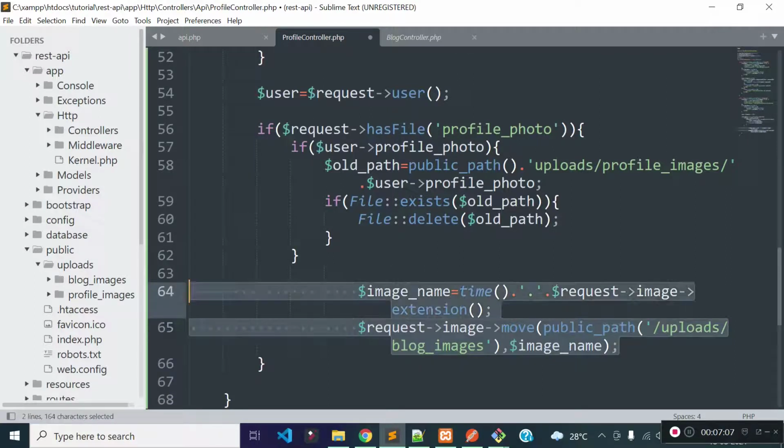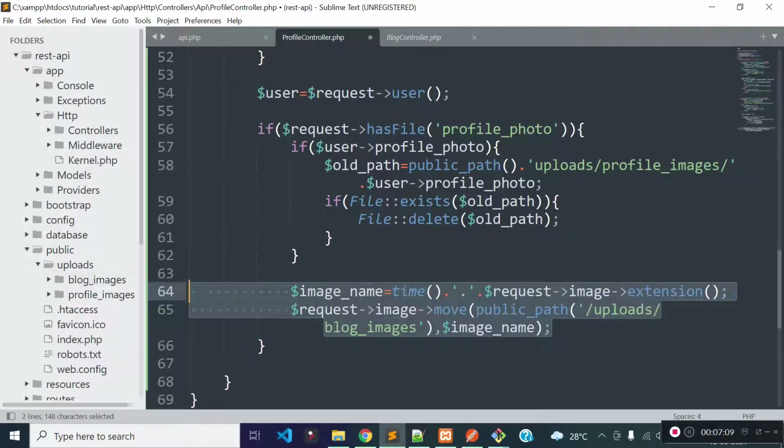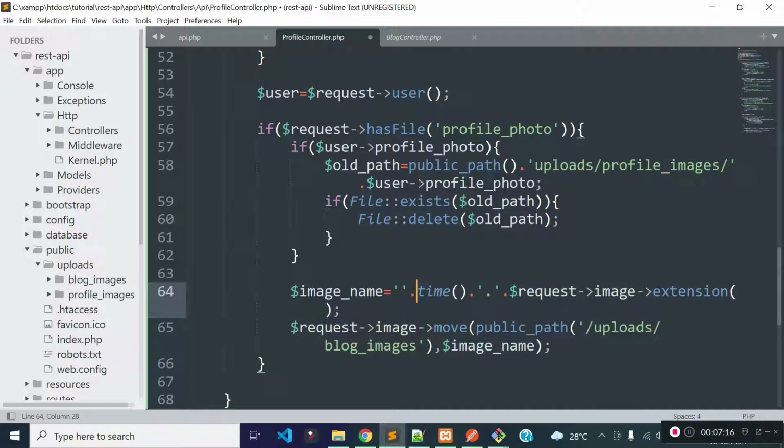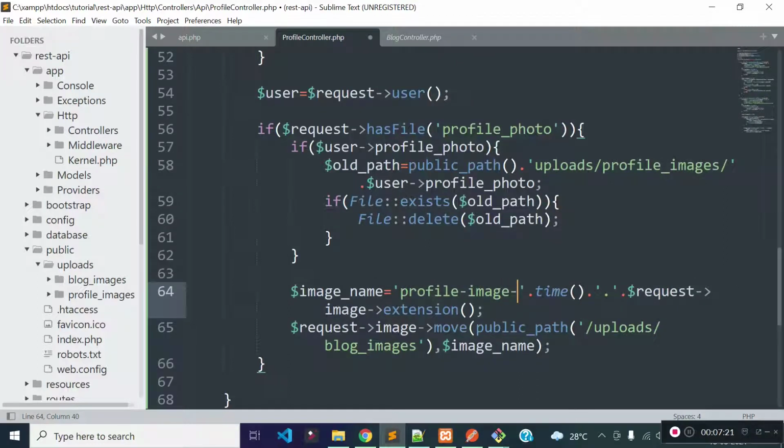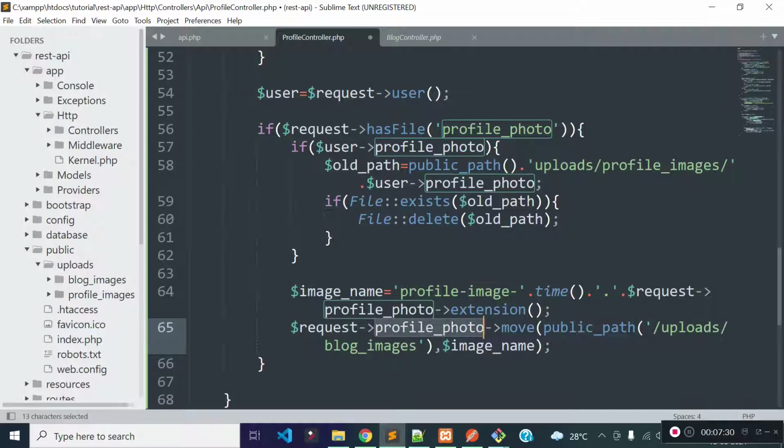Let's generate the image name for the newly uploaded image with the help of the time helper, and let's prepend profile photo or profile image here, and this should be request profile photo, and we can upload the image with the help of the move method, and inside this move method we need to provide the exact path. So we are going to upload the image inside the uploads/profile_images folder,